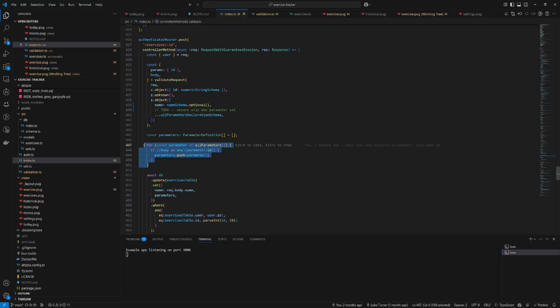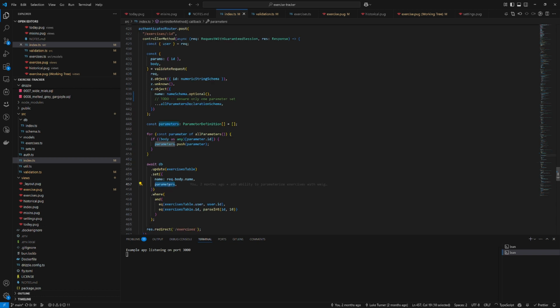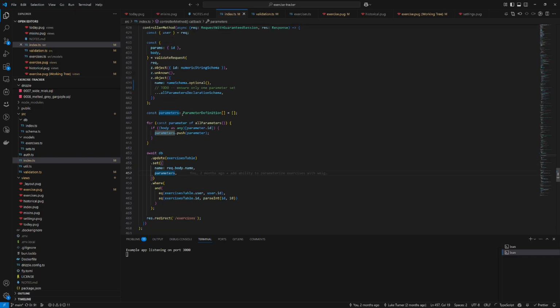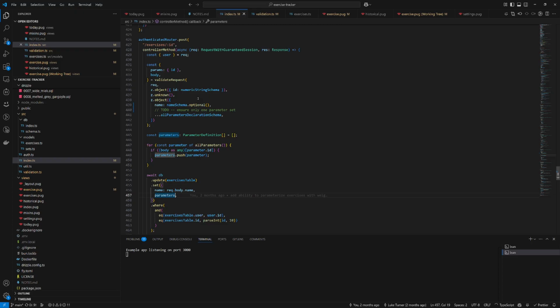So instead of doing this for const parameter of all parameters, if body ID push, we're going to say if the body ID, well, I mean, we could do that. Kind of the problem here is when we're setting this parameters, we're going to need this to be equal to the existing parameter's value with the change of just this other parameter, which honestly is kind of a pain and makes me think